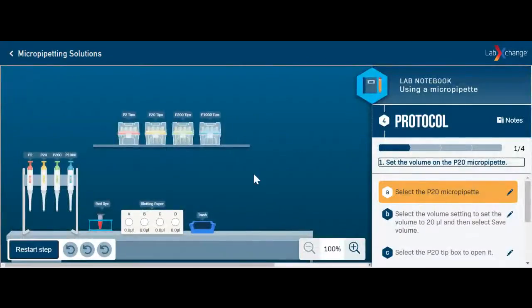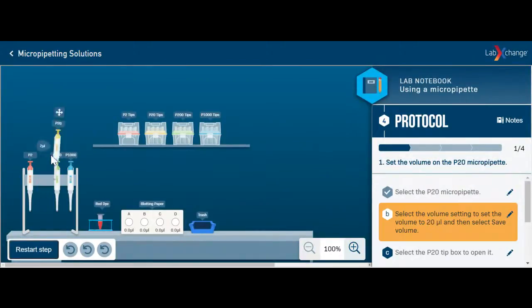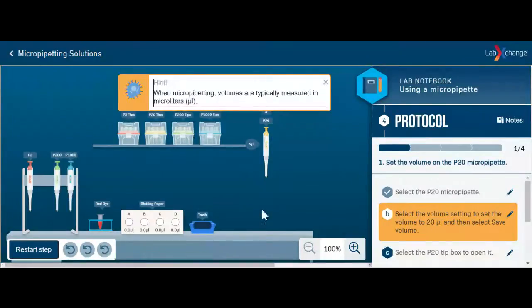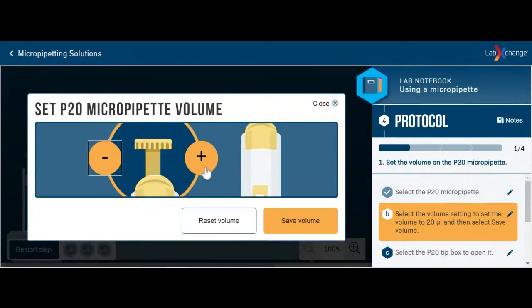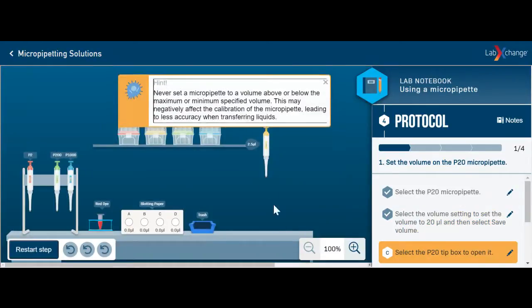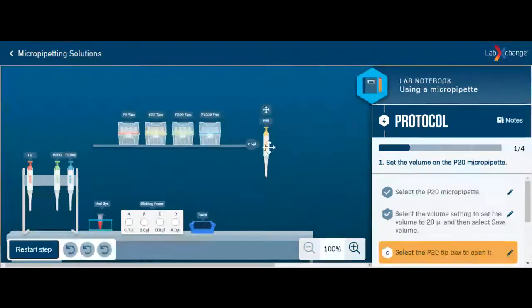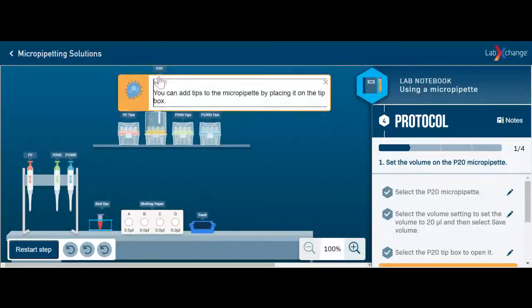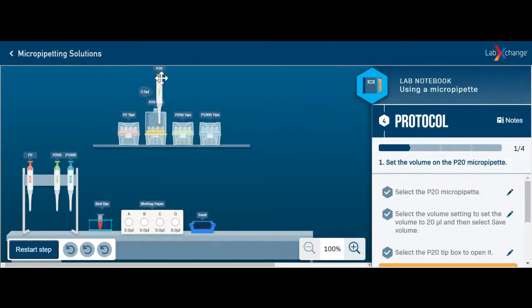Once you've done that, you start, and you need to read what the instructions are on the side. It says use your P20, so you collect your P20. The first thing it wants you to do is set your volume. So you click on the side here, and you simply push your plus or your minus to get your correct volume. When you're happy, you press save, and then you can open up your box. It gives you lots of hints along the way. You collect your tip,